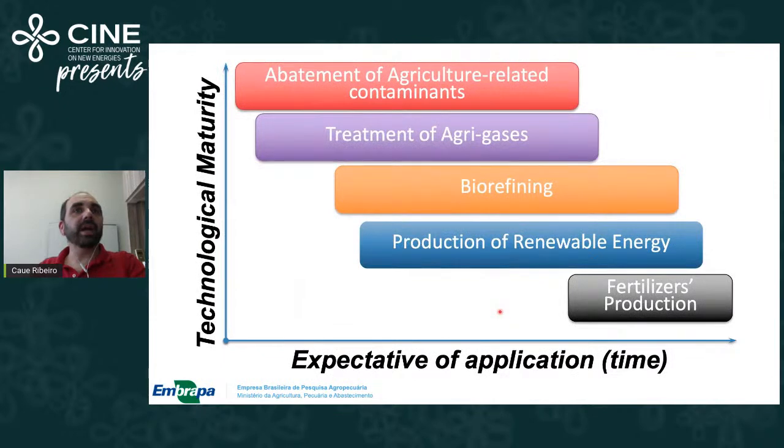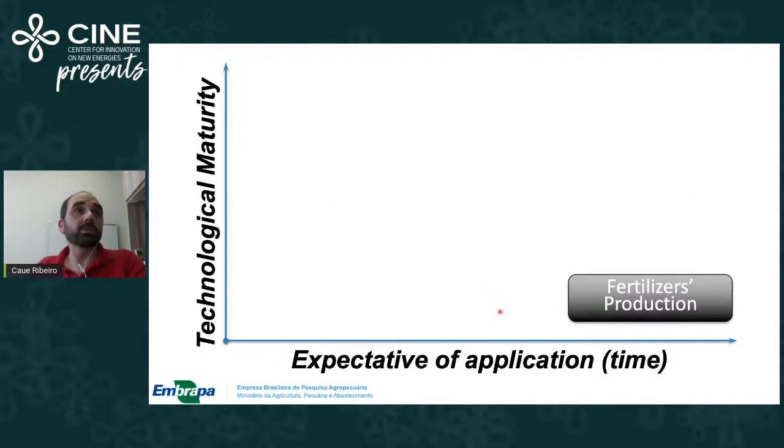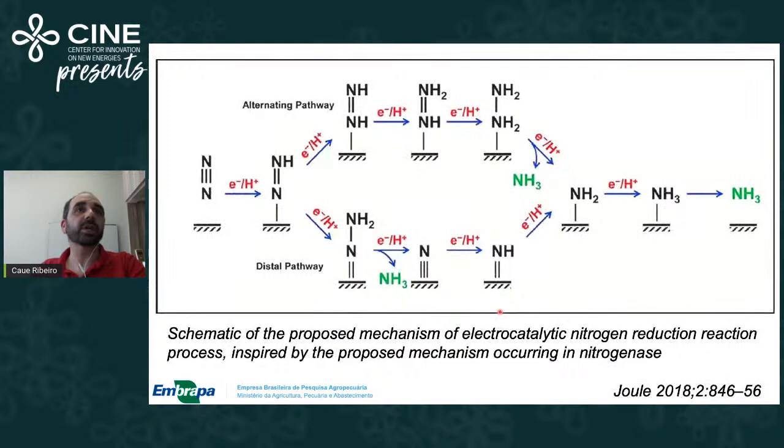Going to the very end of our presentation, I think that the most prospective application for this kind of reaction is fertilizer production. In the very beginning of this presentation, I said to you that one of the most studied catalytic reactions in the world till now is the Haber-Bosch reaction. And this is actually a conversion of nitrogen to a fertilizer. In principle, we can do the same reaction over the surface of systems that transfer electrons. Actually, the study of the coupling of the nitrogen molecule over the surface of electrodes